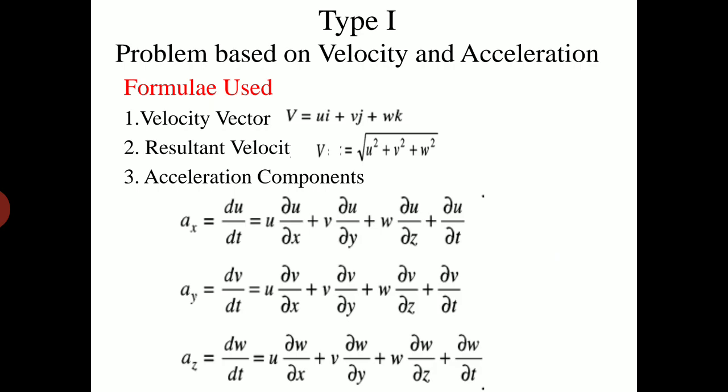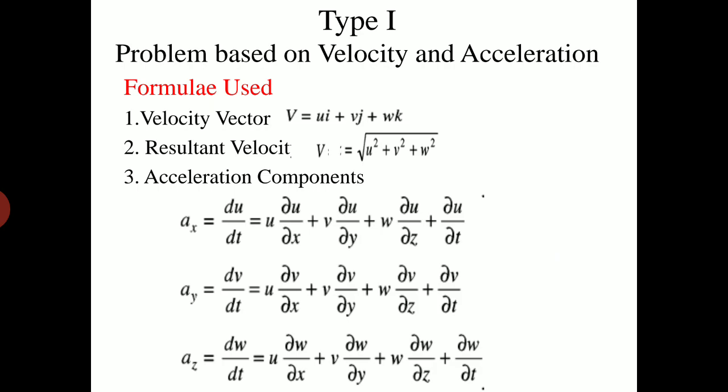So how to calculate these components? ax is equal to u ∂u/∂x plus v ∂u/∂y plus w ∂u/∂z plus ∂u/∂t, whereas the acceleration component in the y direction is given by u ∂v/∂x plus v ∂v/∂y plus w ∂v/∂z plus ∂v/∂t,